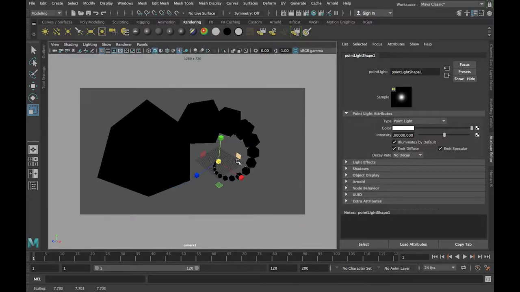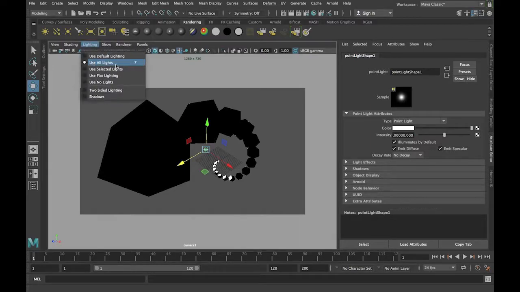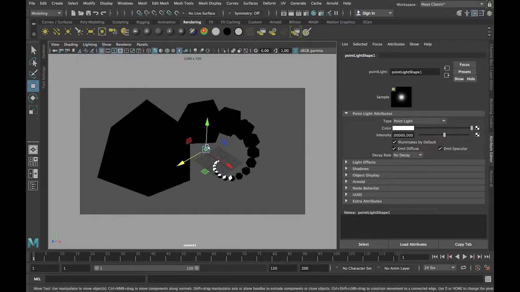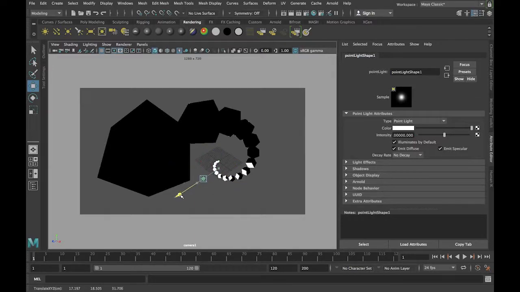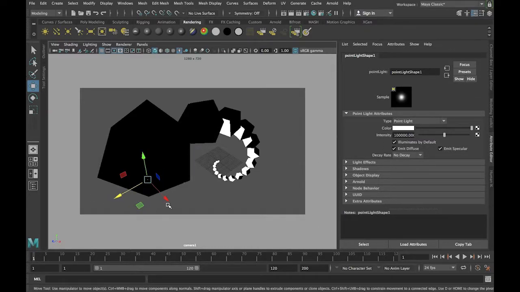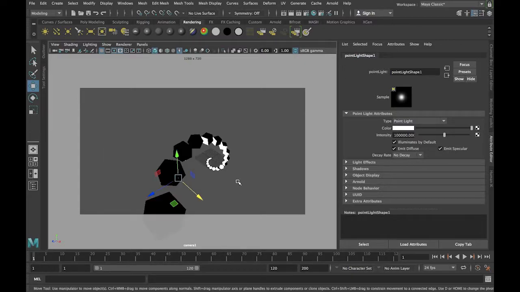With the point light it doesn't necessarily matter, but now that we have this lighting mode on, we're able to see how this light is working. And we also have the intensity bumped up quite a bit here. Because this is a very large scene that I've created, I might have to adjust some of the intensity. But what a point light is